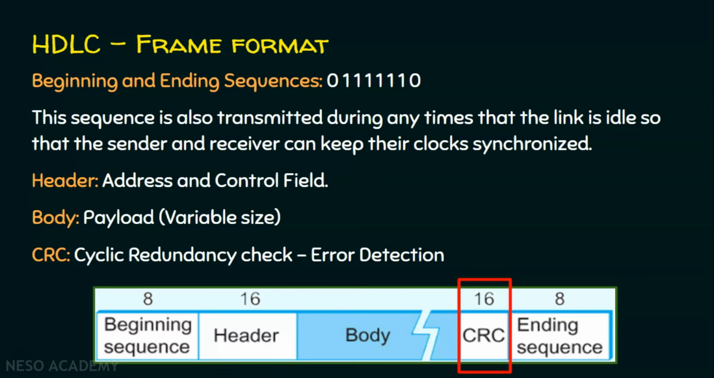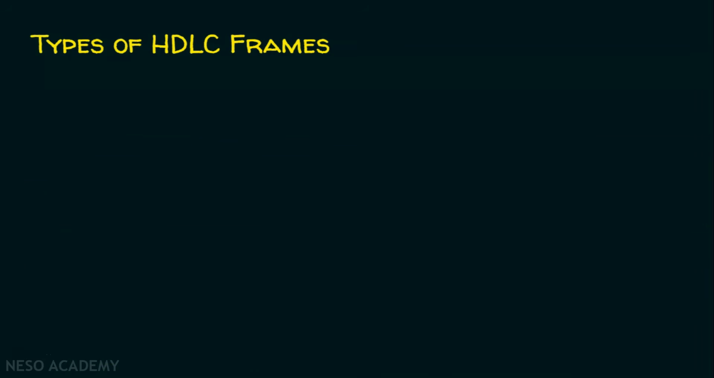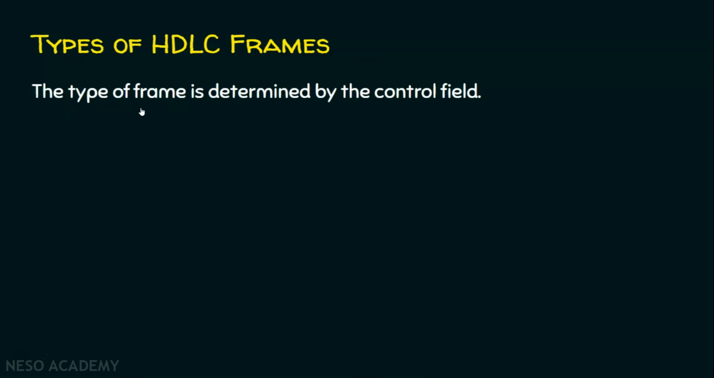So far we have seen the frame format. Now let's see the types of frames. We have basically 3 types of HDLC frames. When we have 3 types of frames, which field is responsible for each frame? We know in the header of the HDLC frame format, we have 2 fields: one is the address field, the other one is the control field. This control field has a role in identifying the type of the HDLC frame. The type of frame is determined by the control field, and this control field is a part of the header. Basically we have 3 types: